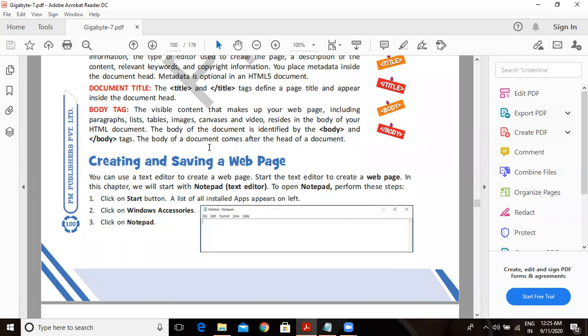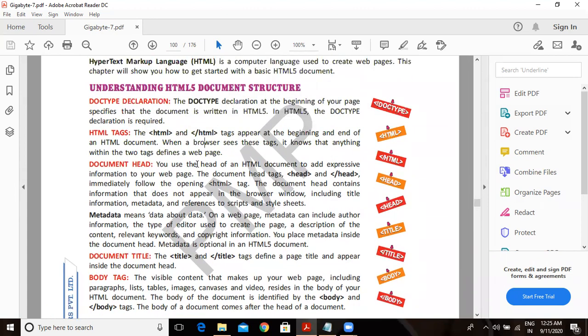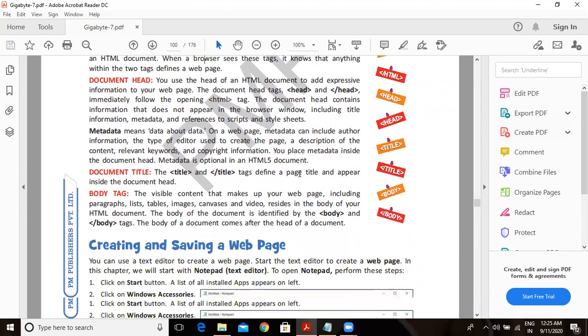Now comes the body tag. In this, you can include text, audios, videos, images, and you can do formatting also, lists, tables, paragraphs, and so on. Whatever you write inside the body tag is also a container tag. It has the starting, it has the ending. So whatever we write inside the body tag becomes the content of the web page. In the title bar, if I want to display something, I will write inside the title tag. And title tag is enclosed in head tag. So this sequence is clear now.